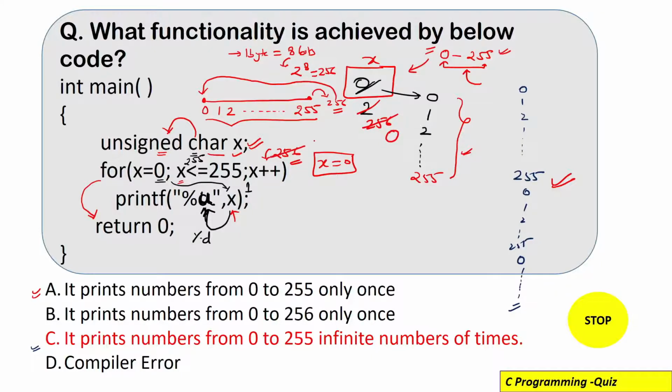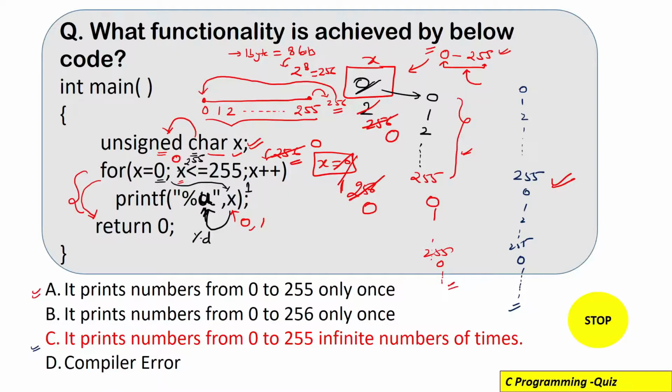And because it is 0, you will compare: is 0 less than 255? You will say again, yes, it is less than 255, so 0 will be printed. Again, x will be incremented, so x will now become 1. Again, 1 is less than 255, so 1 is printed, and so on. The next time when x becomes 256, this 256 again will be converted to 0, and this series will go on. That means again after 255, 0, 1, 2 will come.